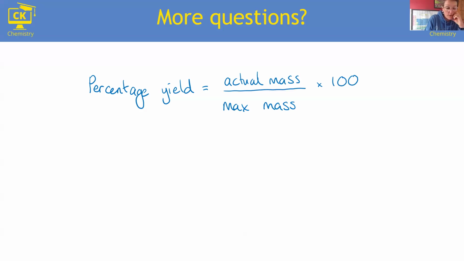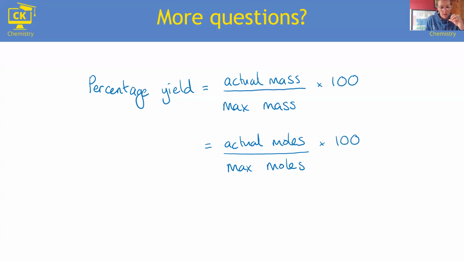Or you could also do it with moles. Then when you look at a question, sometimes they give you the actual mass and the maximum, that's very rare. What would normally happen is they give you the mass of a reactant